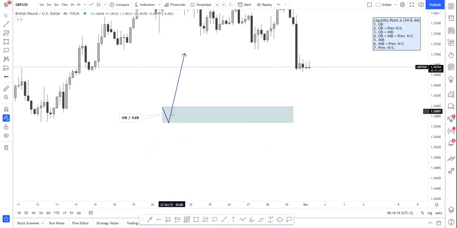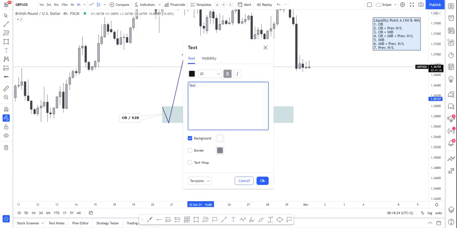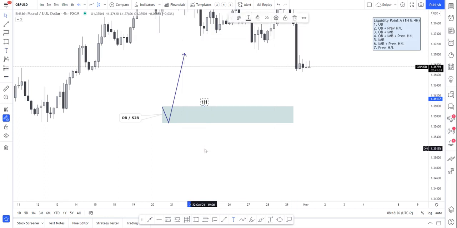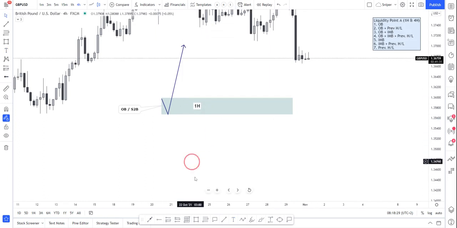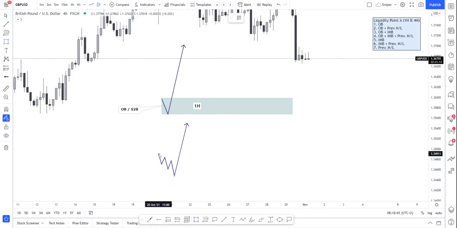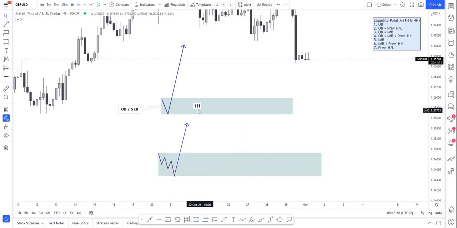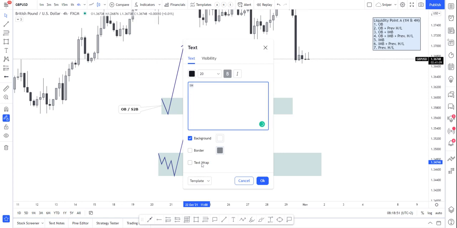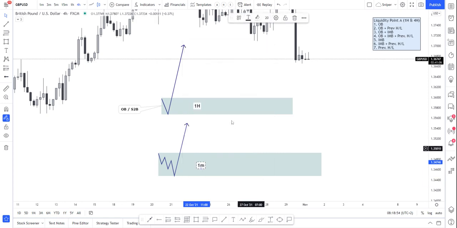And on the lower time frame, let's say this is the 1 hour. We can take a note there and say that this is our 1H time frame. Then perhaps on the lower time frames, you would see a series of down candles. You would see a move down, another move down, another strong move down, and then a big move up. Those series of down candles and this up movement, that will be your order block on the lower time frame. Let's say this is perhaps the 3-minute time frame, or the 1 minute, or let's say the 1 minute time frame. And then that will also be your